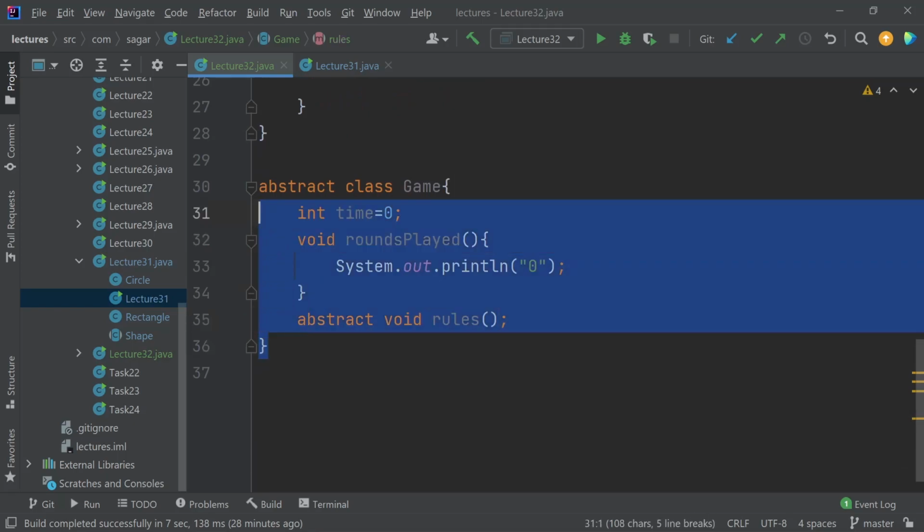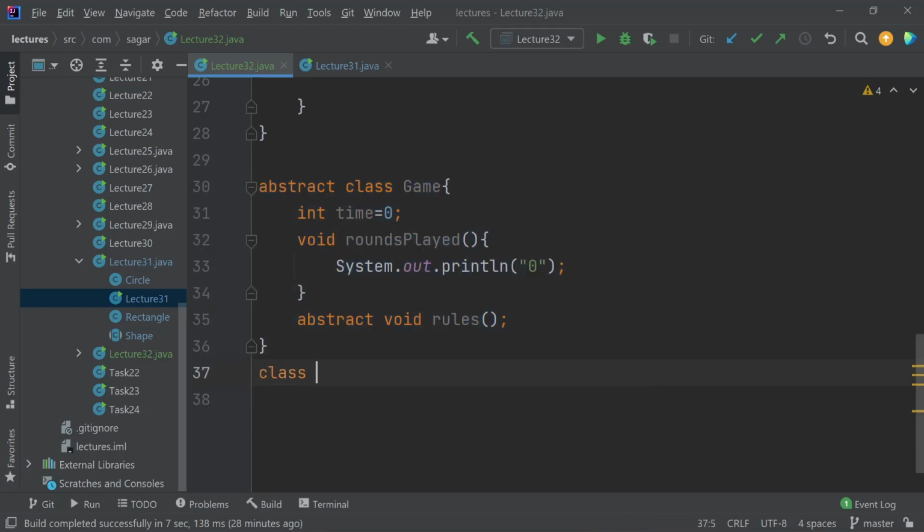Okay, so I think this is a good example, and we can also create here a children class. Suppose cricket, no, not cricket, right here football. So the Football class is a class, and this should extend